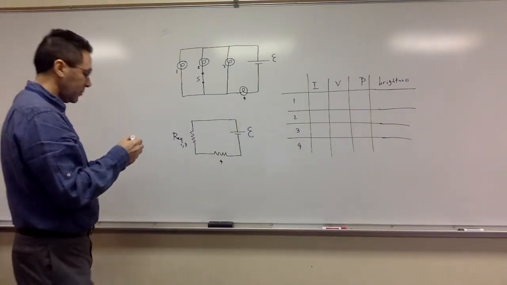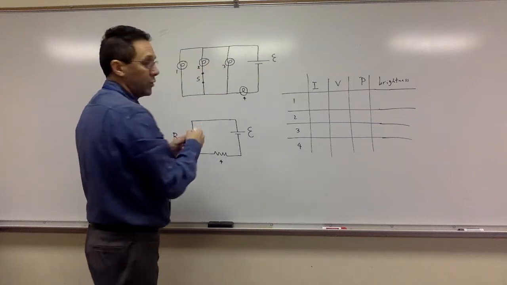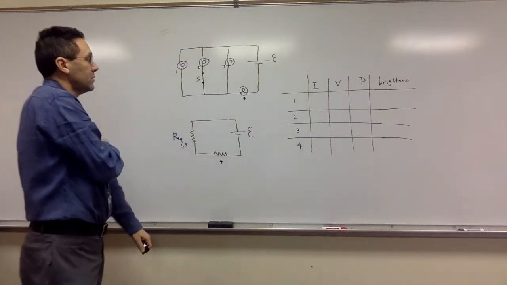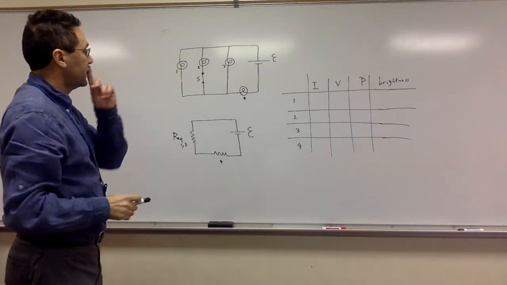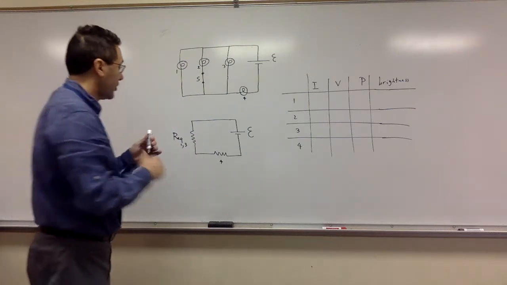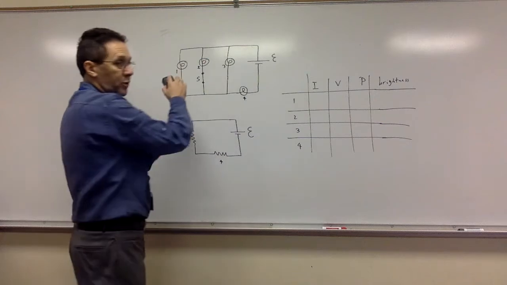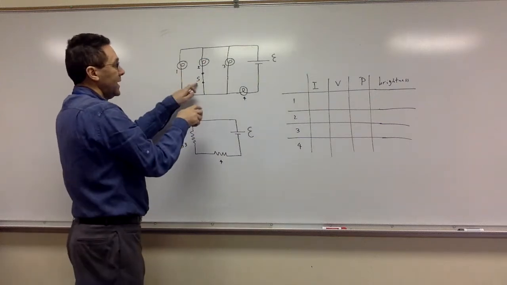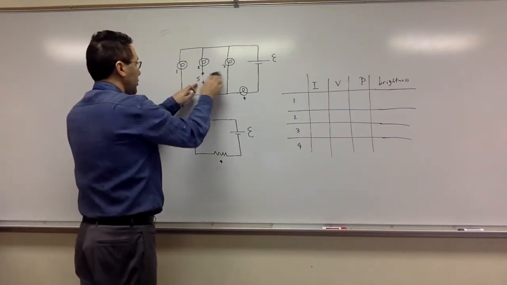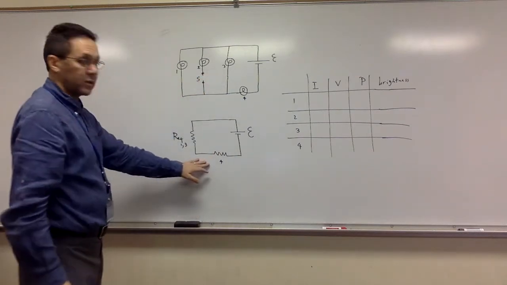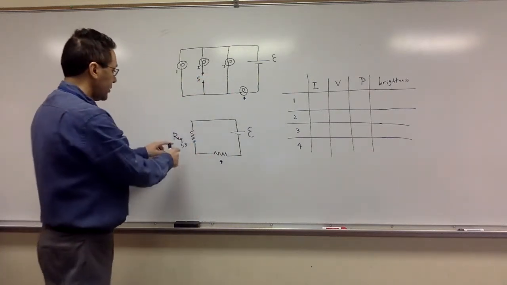In this problem here, you have 4 light bulbs. Some of them are hooked up in parallel. One of them is hooked up in series with those that are in parallel. And we're going to try to figure out what happens to the brightness of these light bulbs when this switch S opens up. So when this switch S opens up, I draw another circuit under it, and this circuit